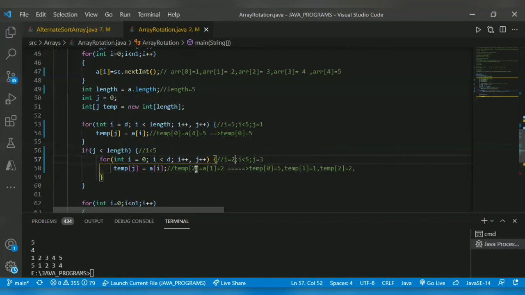Then temp of 3 equal to a of i, which is a of 2, that is 3. So now temp of 3 is 3. Here the array name is A, right? I put A or arr, so consider A.